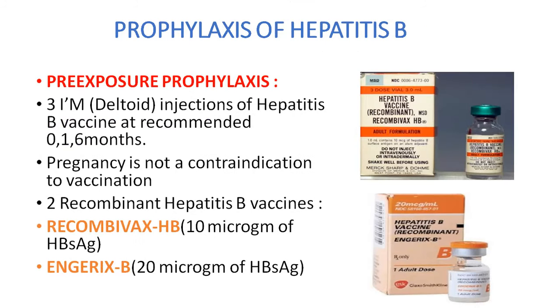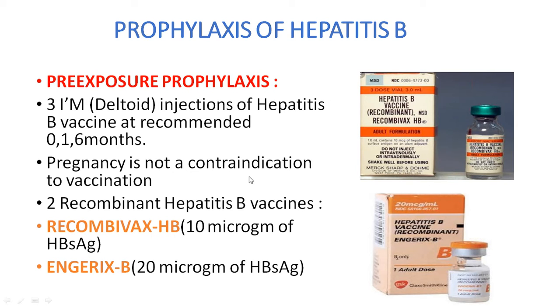Now, prophylaxis of hepatitis B. Everybody should be vaccinated against hepatitis B. Before you join internship, at least get yourself checked; HBsAg is very important. How do you do pre-exposure prophylaxis? Of course, you take the vaccine at month 0, that is the first day, and then after 1 month of the first dose, and then after 6 months of the first dose. You give it IM.